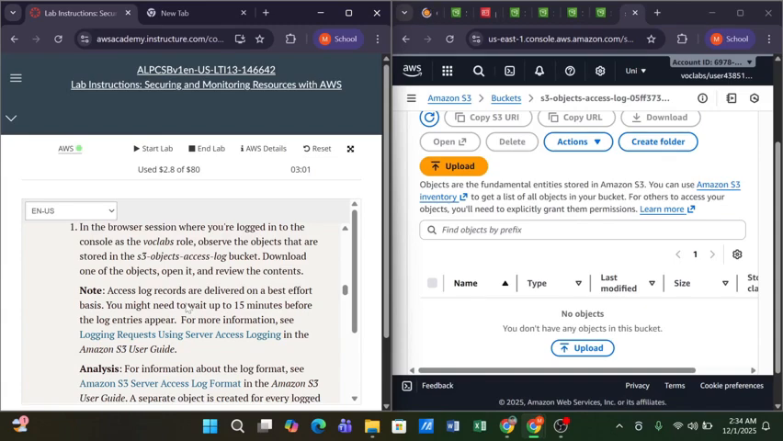Logs are delivered on a best effort basis. You might need to wait up to 15 minutes before the log entries appear. For more information about the log format, see